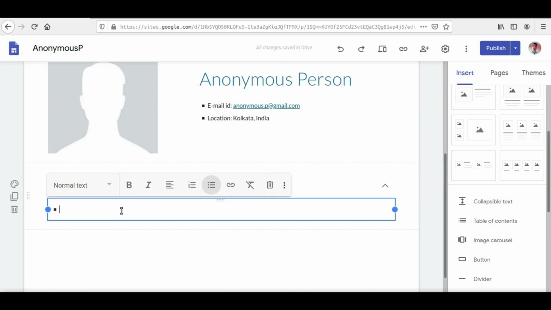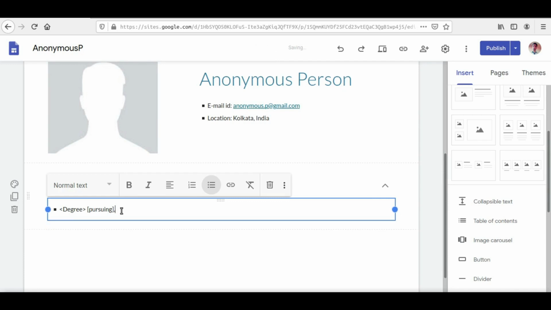Fine. So the whole structure for putting in any educational qualification details will be like, first we'll put in the degree, right? Now if you are pursuing it, let's say I'm currently pursuing the degree, so I'll open up third brackets and I write pursuing. Within third brackets I write pursuing, right? So once we have done that, we'll come to the next line. So we'll put a comma and we'll hit shift enter.